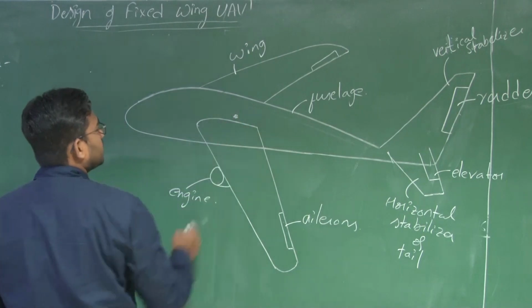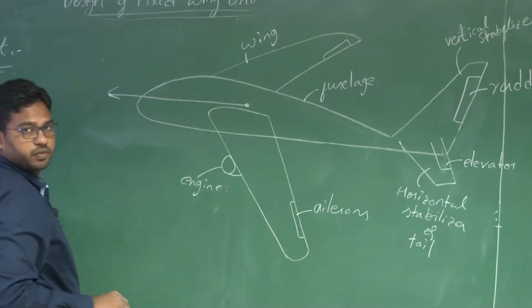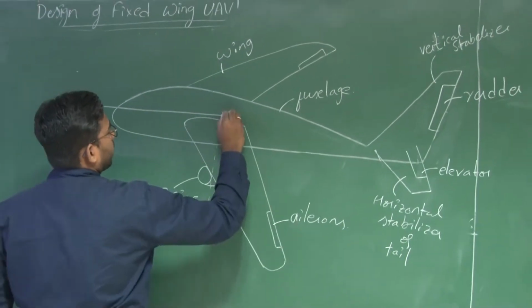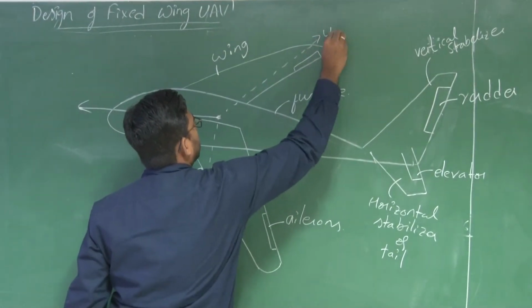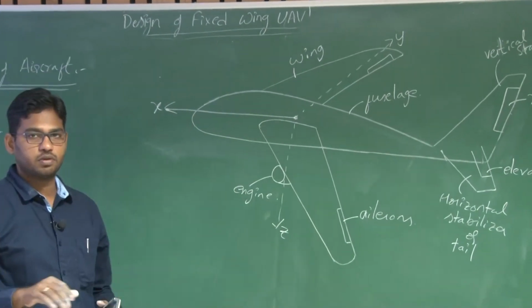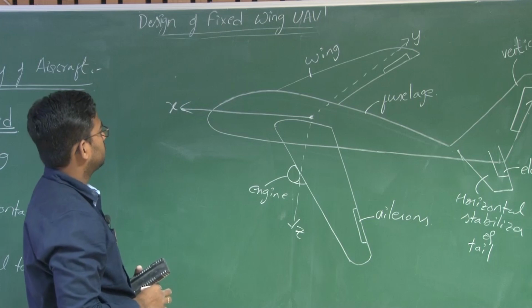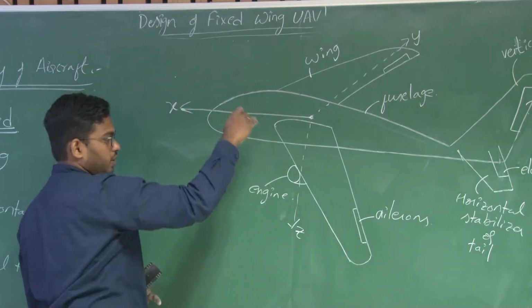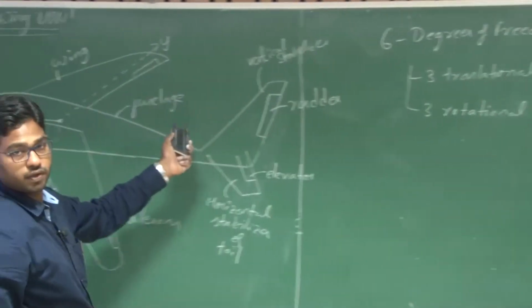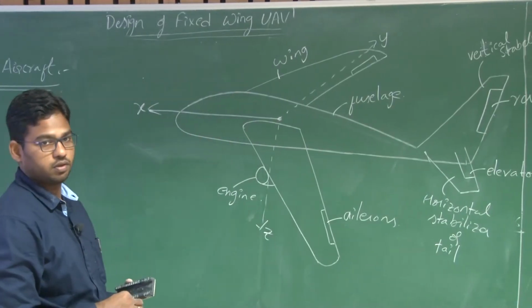So assuming this as the CG of the system and the coordinate origin of this coordinate frame, let us consider a right-handed coordinate system, where x cross y is z. The translations along x, along y, along z are the 3 linear degrees of freedom, and then there is angular rotation possible as well.